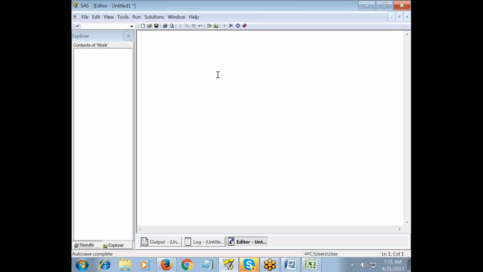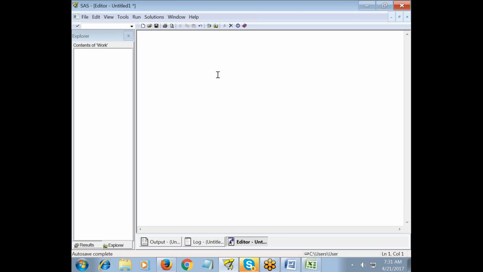For writing the program, is it important to have the file in the Explorer window? Yes. To do any analysis, first of all, we should read the data into SAS. So that related data should be there in your work library. Exactly, so the first step would always be storing the SAS files.